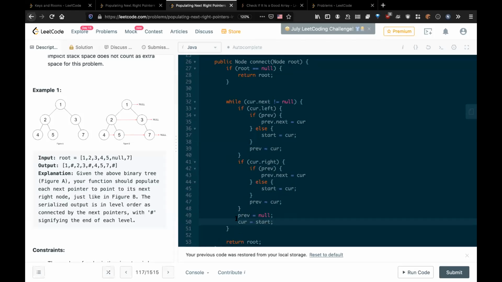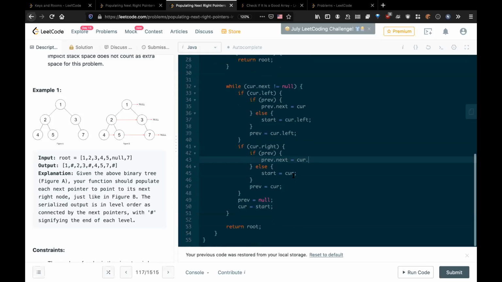So shouldn't this be curve in line 39? Okay, sorry. This should be curve dot left, and start will be curve dot left. Sorry, my bad. Yeah, that's fine. You're still in the evolving phase, right? So there will be some changes for sure. But overall, the idea is slightly coming up, right?